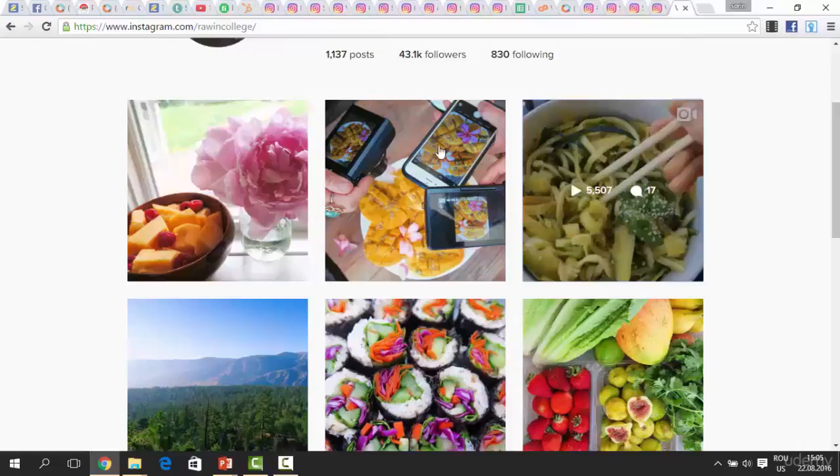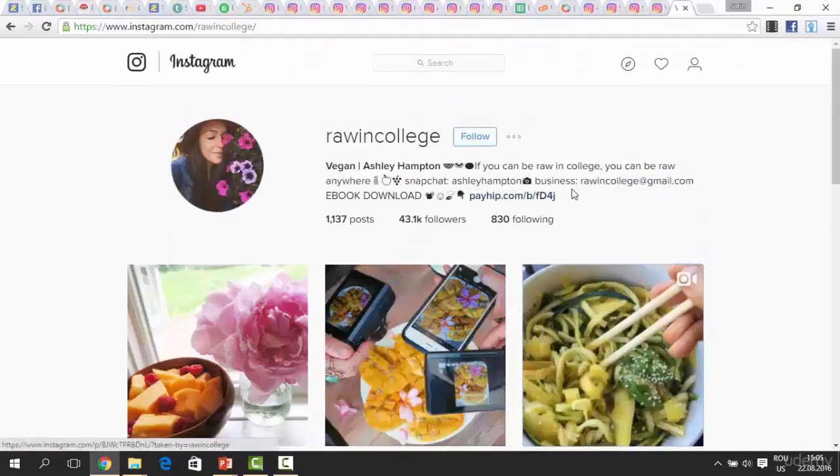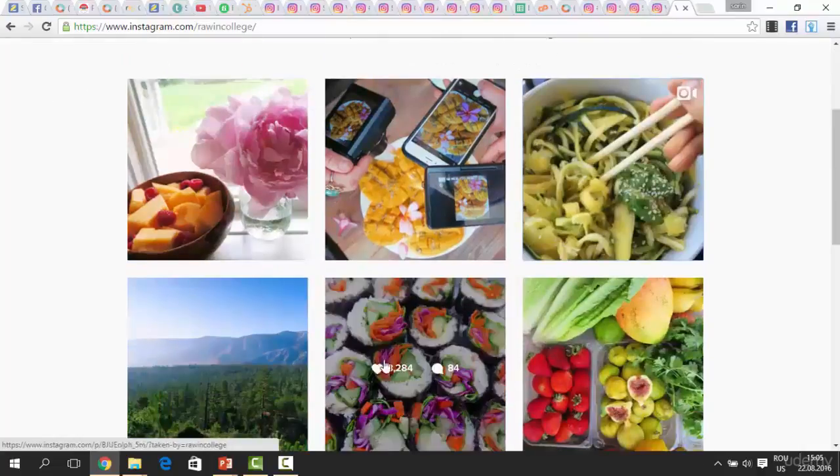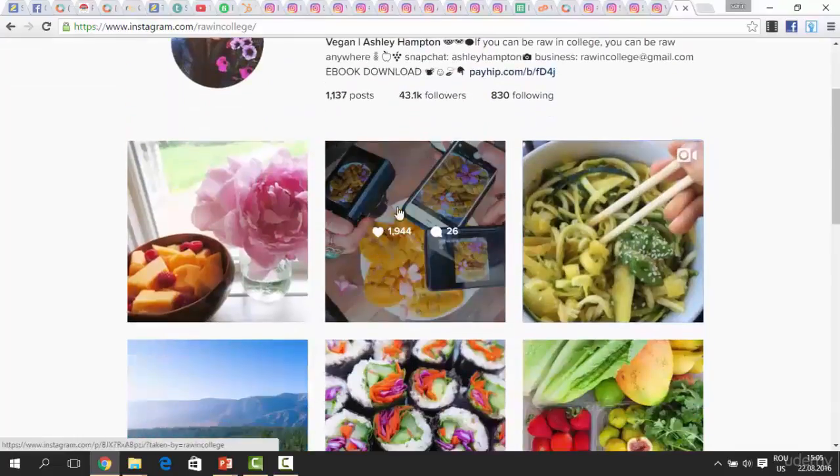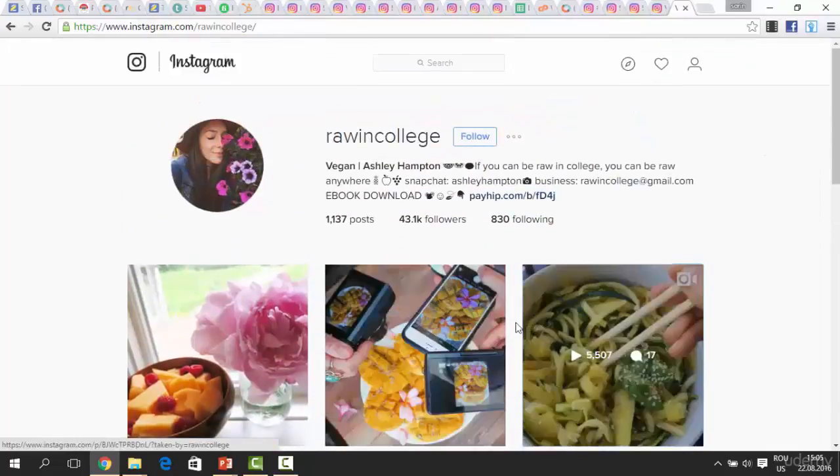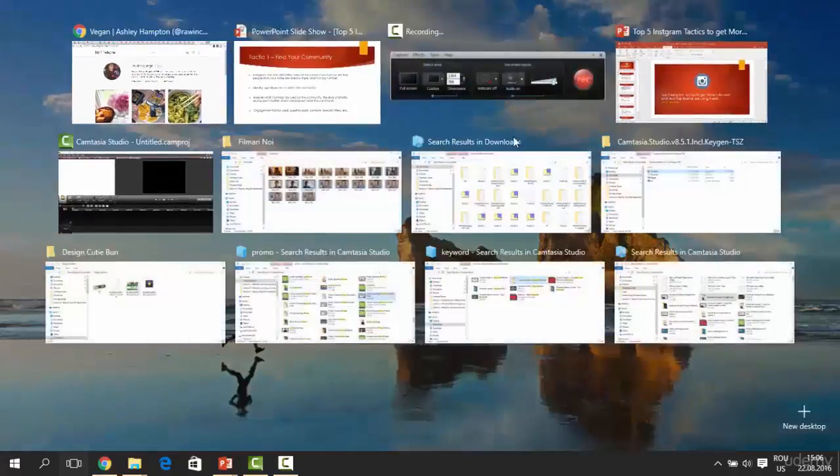Now guys, that was everything regarding how to make a short overview of your community. You just search for different terms, keywords that are related to your niche, find these power users, follow them, have a look at their accounts, see which are the followers that are the most active for them, follow those followers back, and that's how you will start to grow your audience. Okay, let's go back to the second tactic.